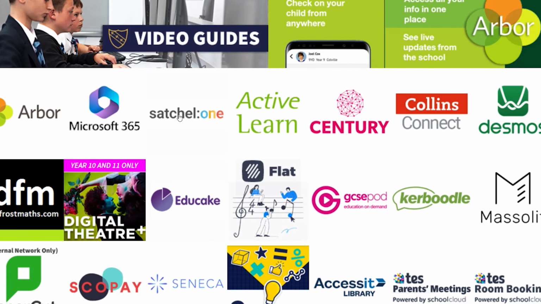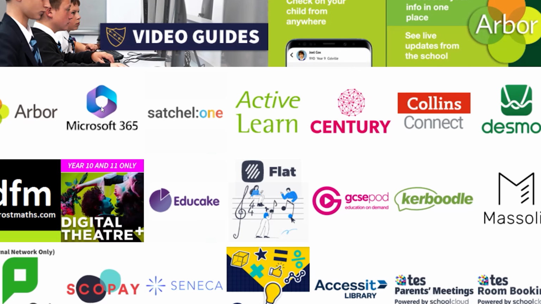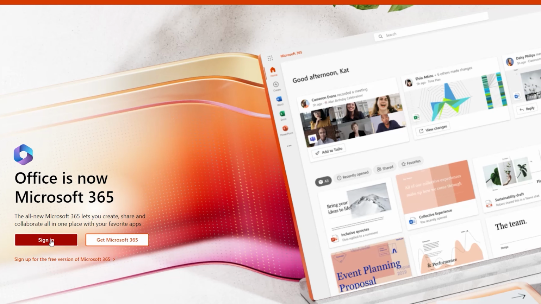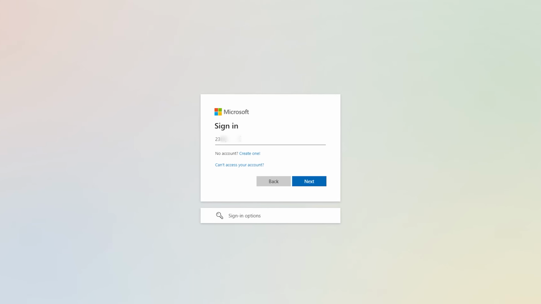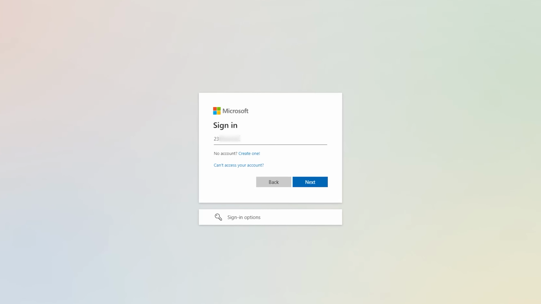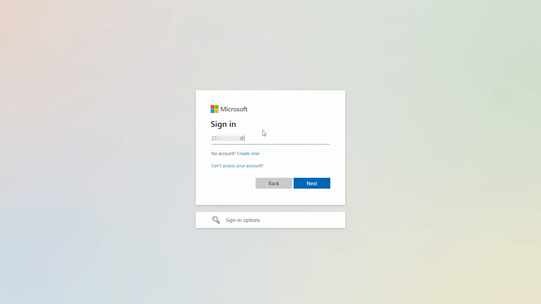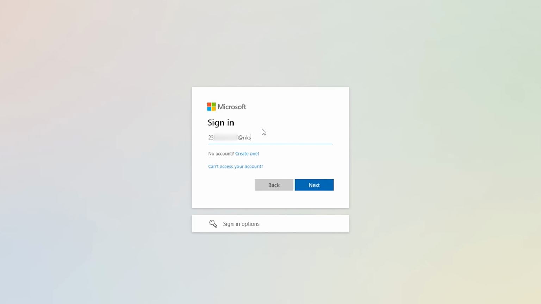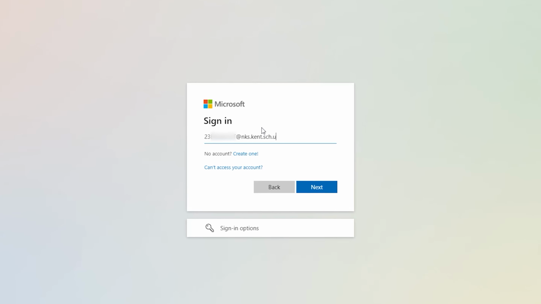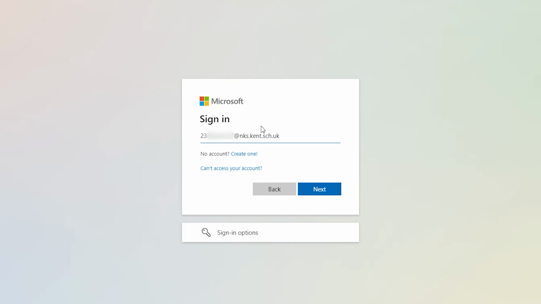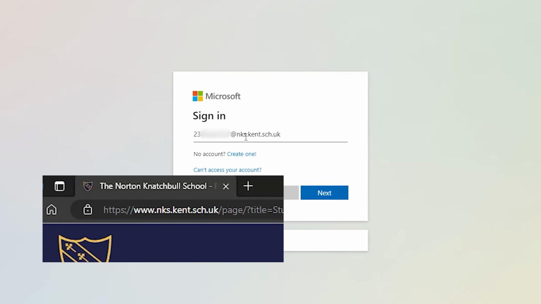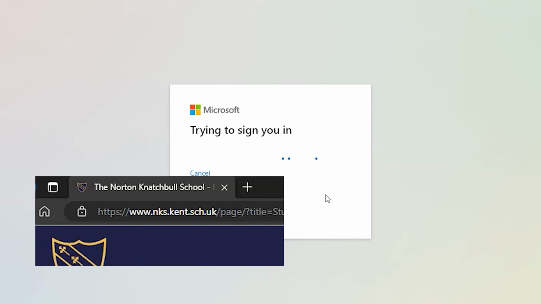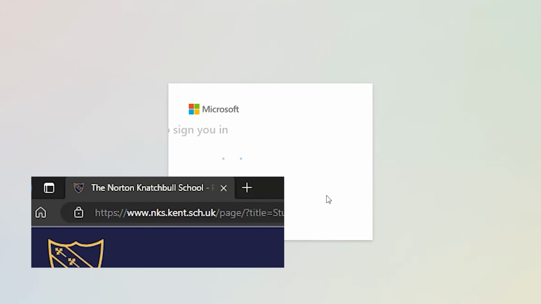If you select the Microsoft 365 icon, you'll need to sign in to your Microsoft account, so click Sign In on the office.com page. Enter your username and then complete this into your email address by adding an @ symbol and then nks.kent.sch.uk. Now you might find that complicated, but this is our domain name, our web address. So you can remind yourself of what this is from the address bar on the browser when you're on our